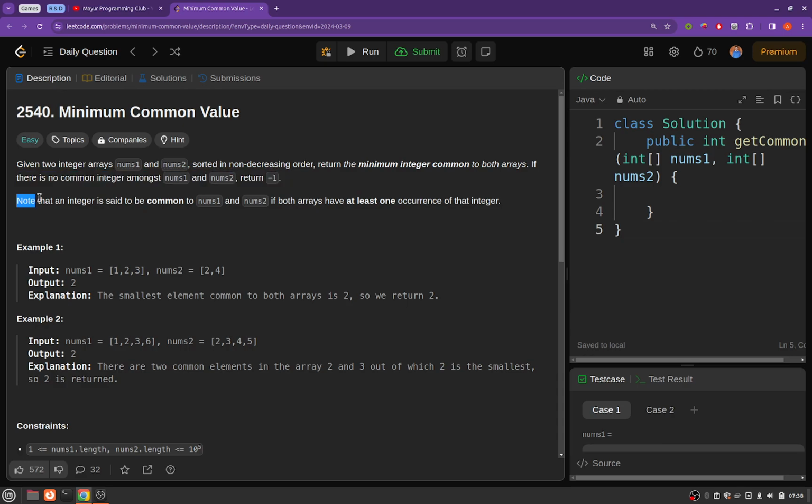And it is to be noted that an integer is said to be common to nums1 and nums2 if both arrays have at least one occurrence of that integer. Okay,